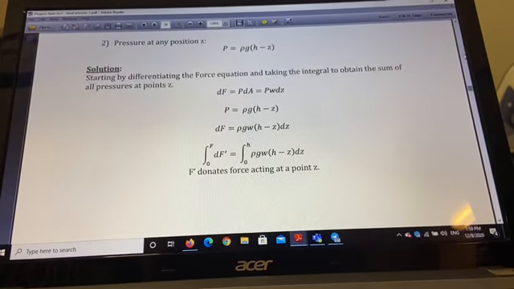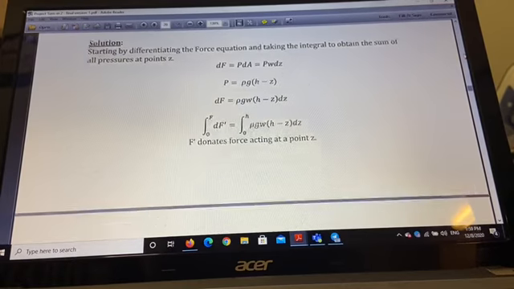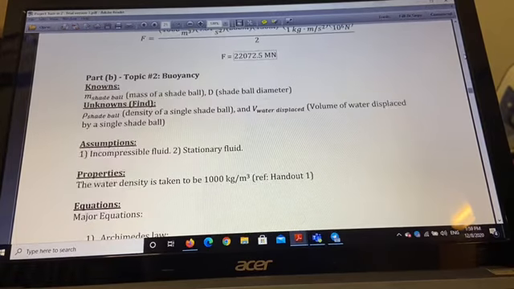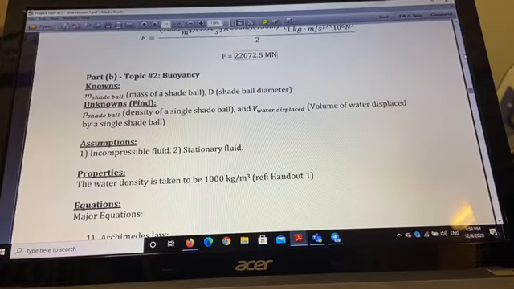So we take the integral because the pressure profile is increasing, and we can calculate the total force, which is around 2000 meganewtons. In part B, we have to find the density of the single shade ball and the volume